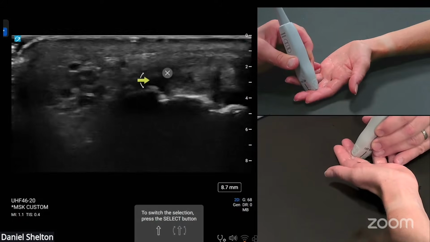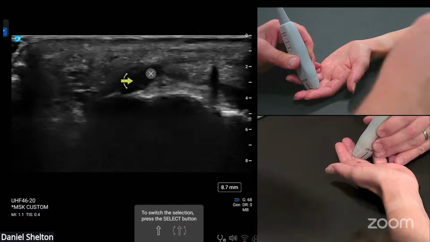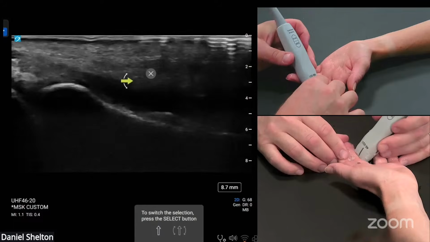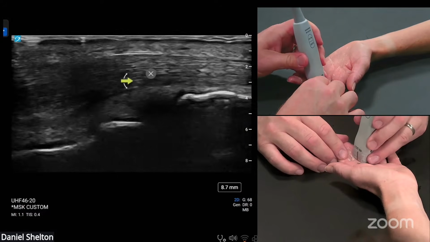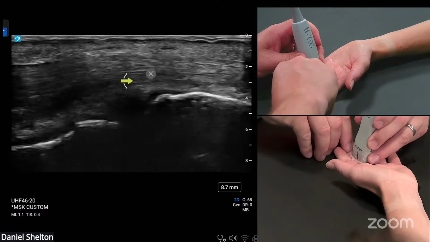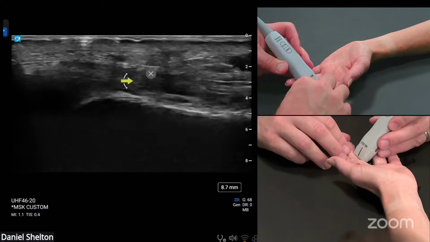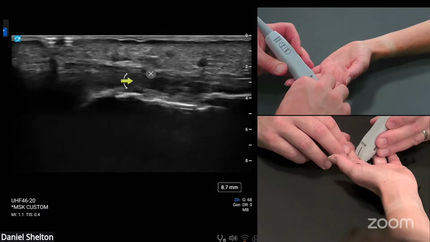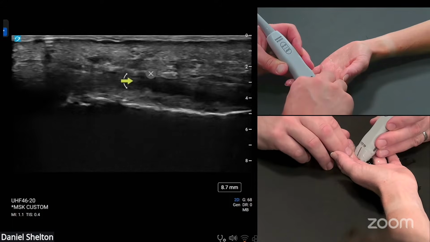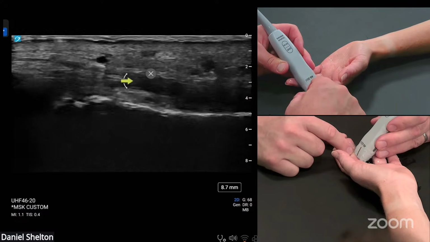So let's watch that, and then we'll spin on it and go long axis. There we go, there. And I'll just spin the transducer, long axis. See how off to the side I am? So if I were mid sagittal to the finger, I get profundus, and it's 2 layers. And I can twitch the distal phalanx. But if I go off to the side, I can see this diving tendon very distinct away from profundus, and I can wiggle the tip of the finger and isolate that and show that that's not the profundus that we're looking at. It's strictly